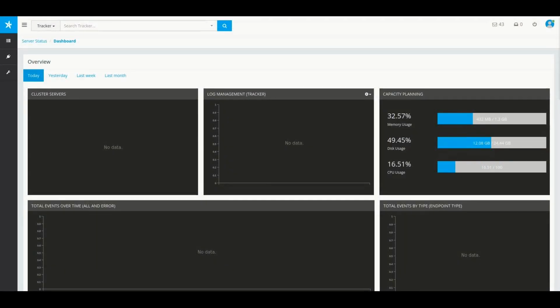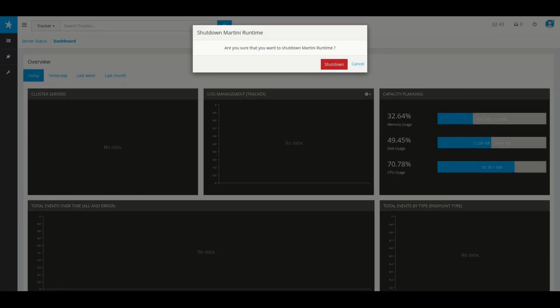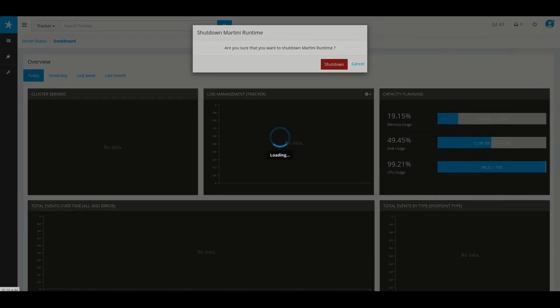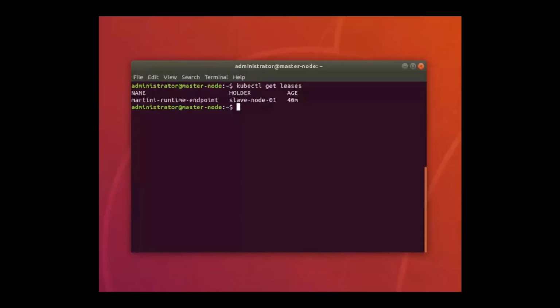To check if the leadership elector works as intended, let's shut down the current leader instance. Go back to the Kubernetes master node, wait for a few seconds, then run kubectl get leases again on the terminal to check whether the leadership has changed. And as you can see, after shutting down the slave node 01 Martini instance, the leadership has passed to slave